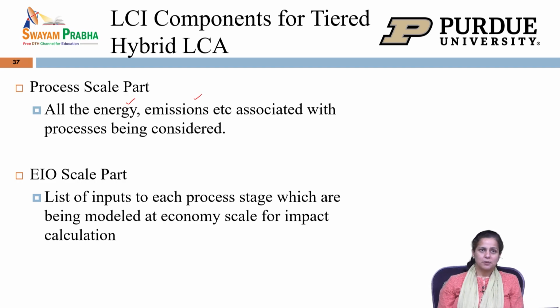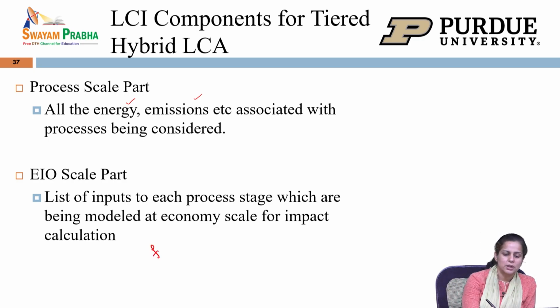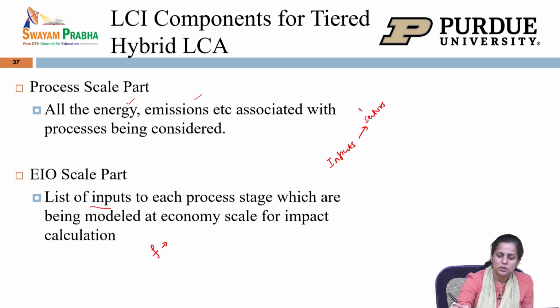For the EIO scale part, you can list all the inputs to each of the process stages for which you do not have the process information and you want to use the model of the economy to calculate impact. So, what you need to do is calculate the final demand for each of these inputs from that particular sector. So, what you would do is we have the inputs, we map it to the sectors. So, let us say we use the next